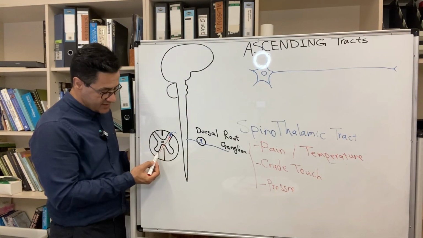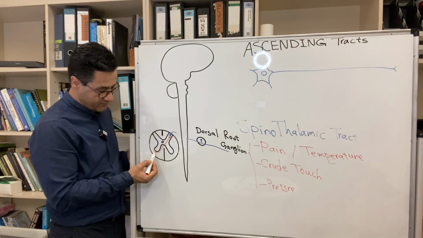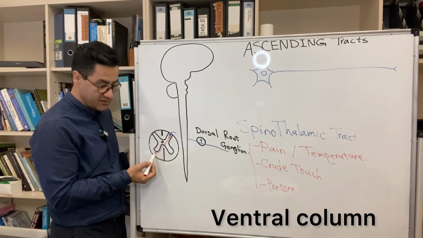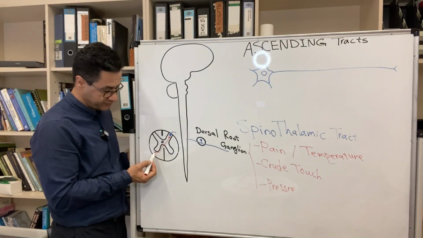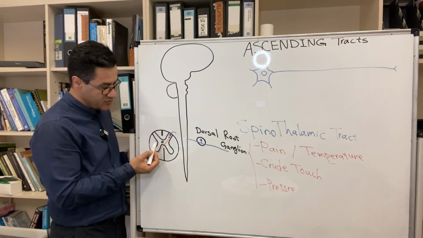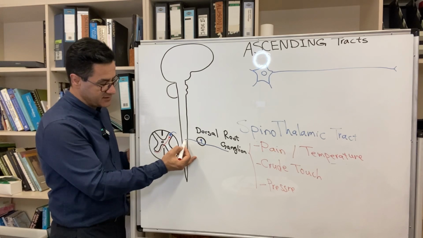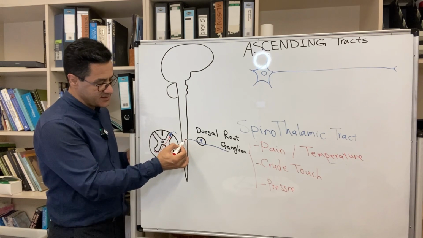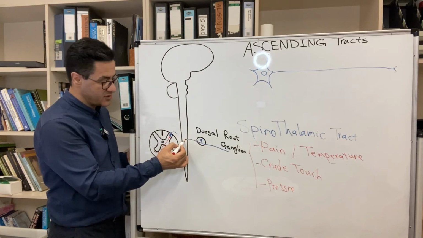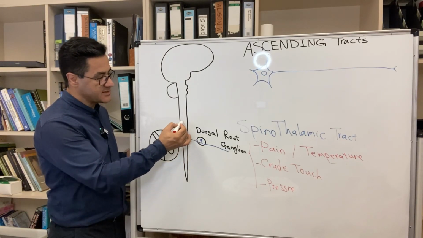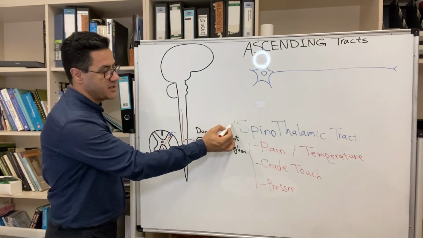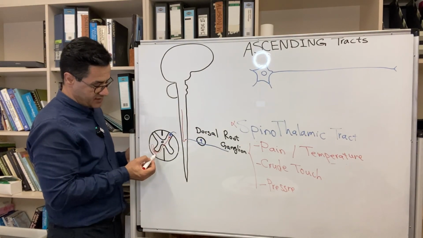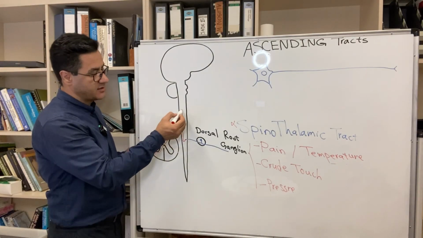And then it lands here between the ventral column and lateral column. It's called the ventral lateral column here. And then it goes up like this. The cell body is here, and then it crosses from the one side to the other side, and then it ascends and makes the spinothalamic tract. This is the spinothalamic tract. So you can find the spinothalamic tract here. It goes up,